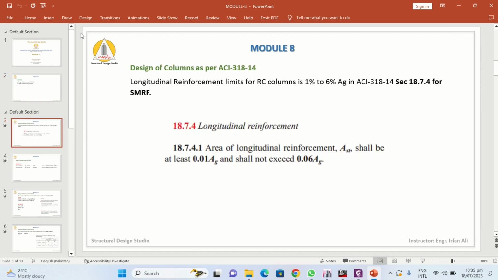For the design of the columns, the longitudinal reinforcement has a limitation of 1% to 6% of the gross cross-sectional area of the columns, as per ACI 318-14 section 18.7.4 for the special moment resisting frame systems. And this is the section which explains the